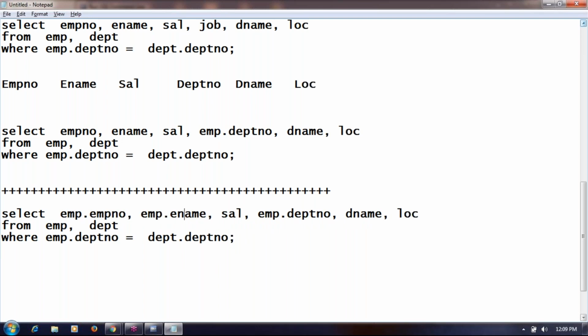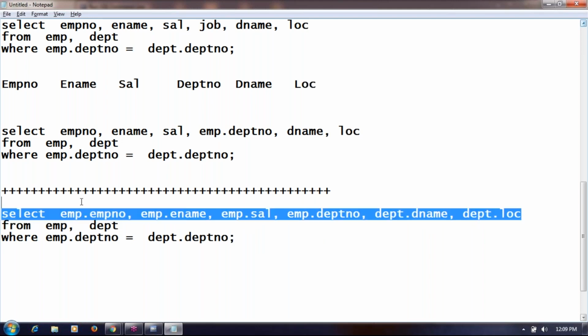Emp dot employee name, emp dot salary. Department name from which table? Dilawar, department name from the department table. Location also from the department table. So, can I prefix the table name for every column? Not only the common column, I am prefixing the table name for all the columns.